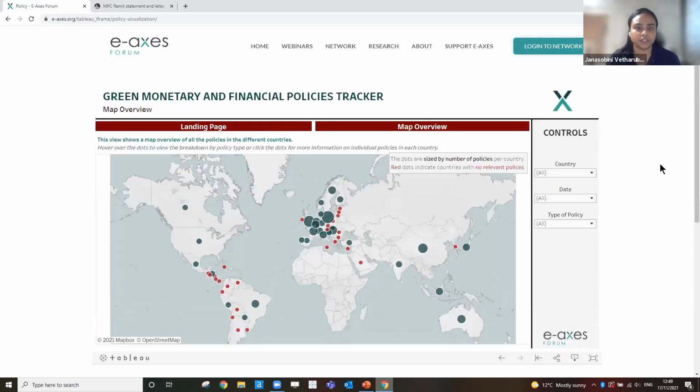So this map overview, as mentioned in the brief, is just an overview of the number of financial and monetary policies that have been implemented in each of the countries, which is represented by the size of the circle. And the circles that are in red indicate that the countries with these red circles don't have any financial or monetary policies. So it's a way to quickly come in and see